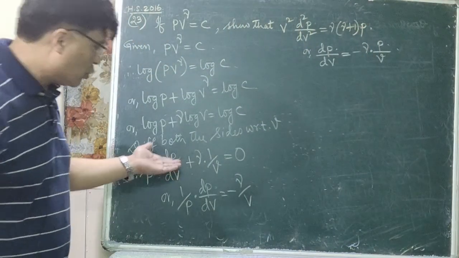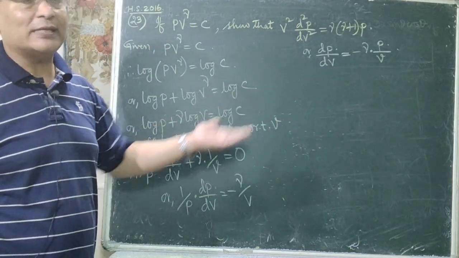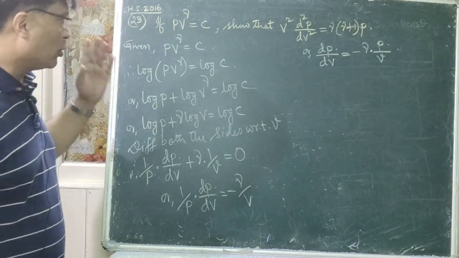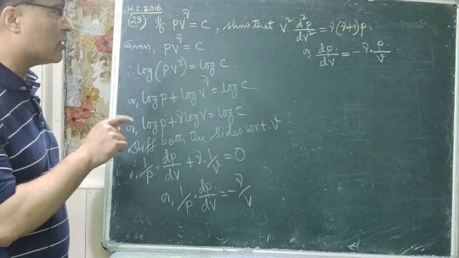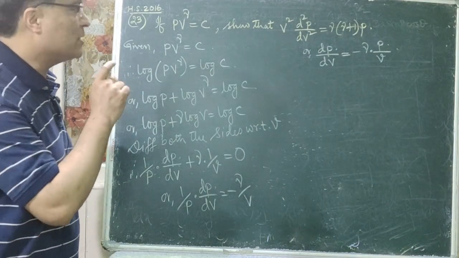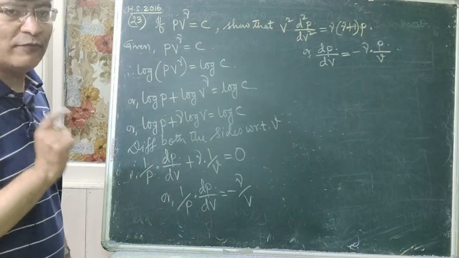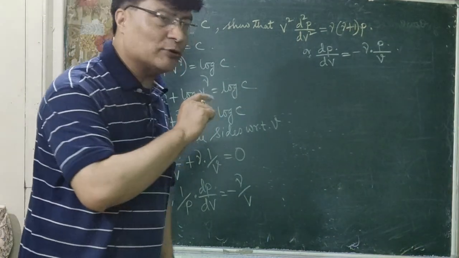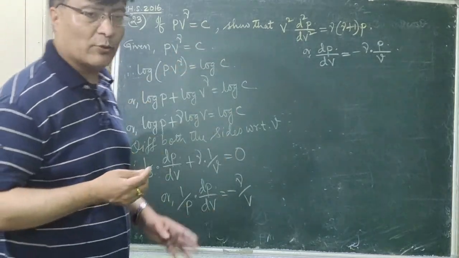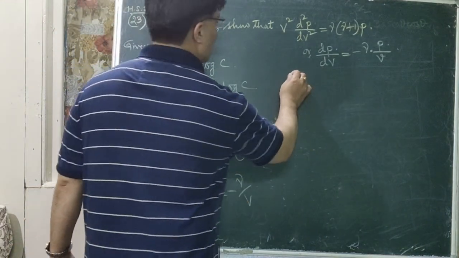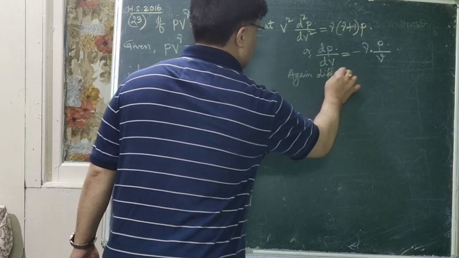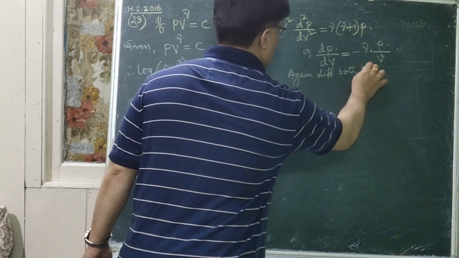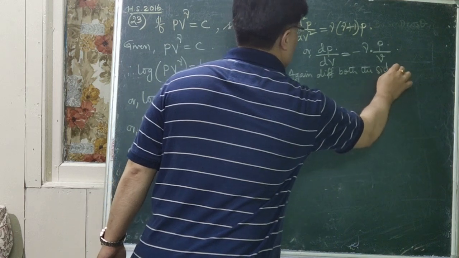Is that clear? So p is taken to the right hand side, so you can cross multiply. So you will get dp by dv is equal to minus gamma is constant dot p upon v. That is minus gamma into p upon v. Now again you have to differentiate it to prove the required result. So again differentiating both the sides